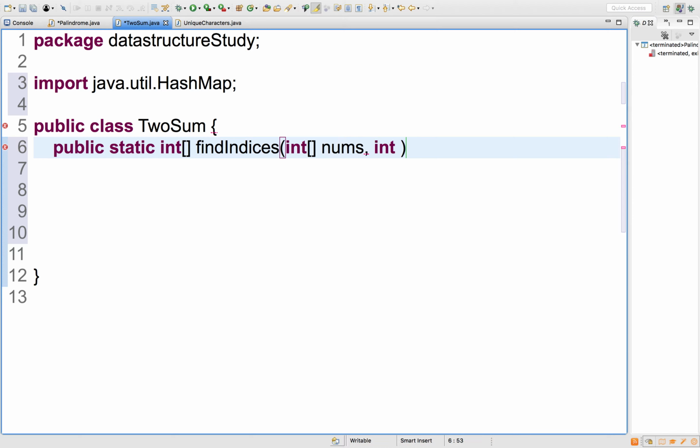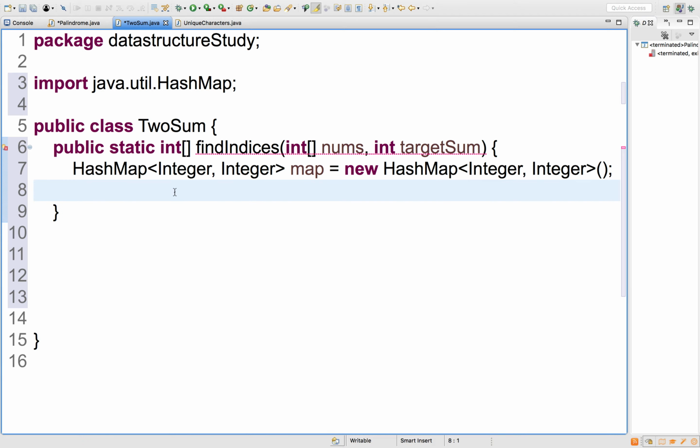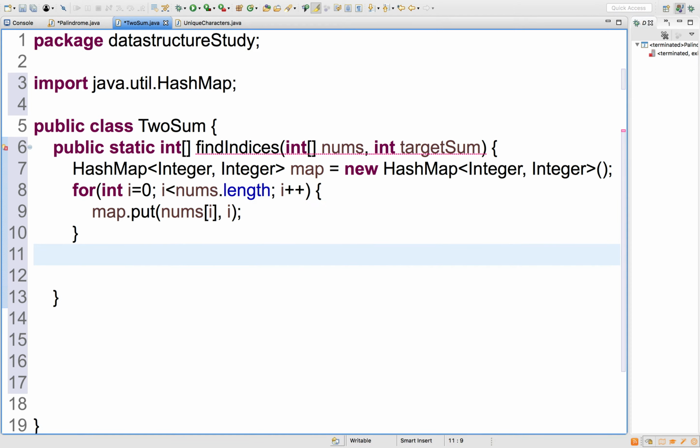Both are of integer type. So the very first step would be to create a hash map. In the hash map, the key and value are of integer type. Now we iterate the integer array to populate the hash map with a simple for loop. So we are done with the first iteration and populating the hash map.